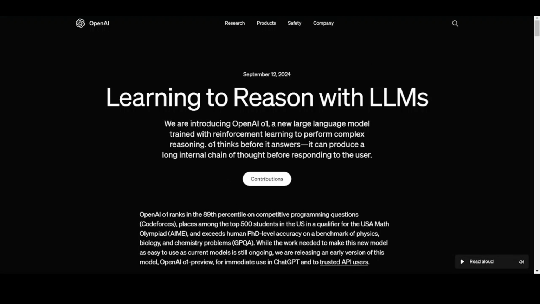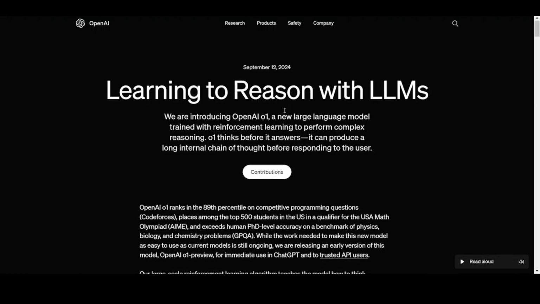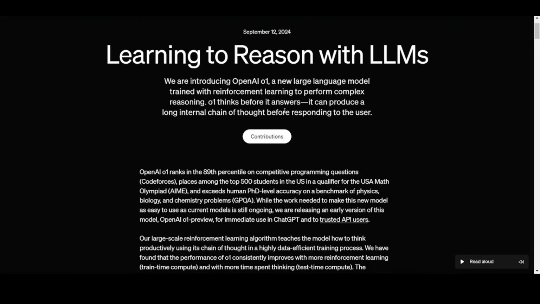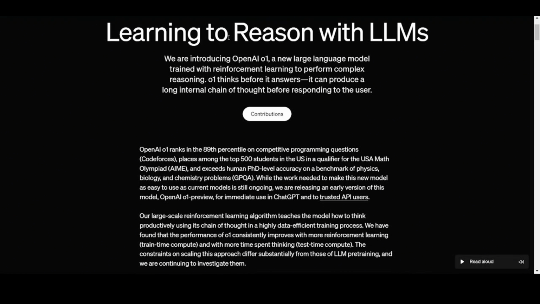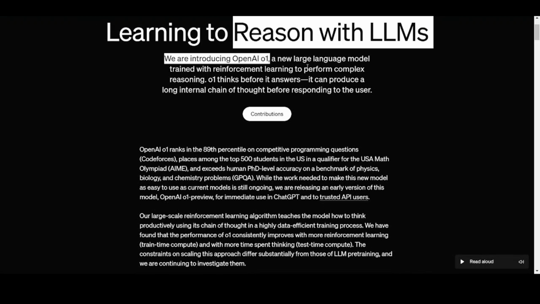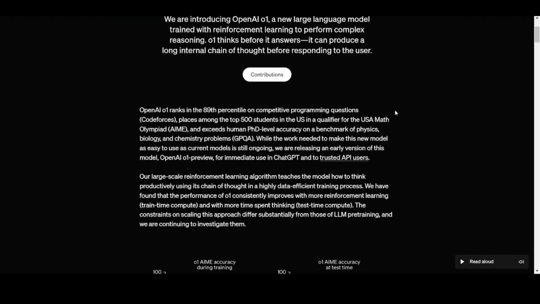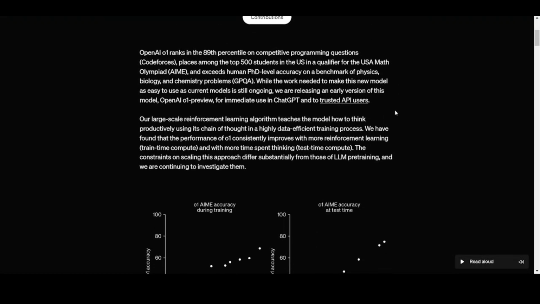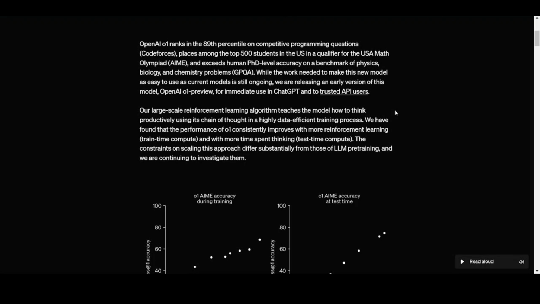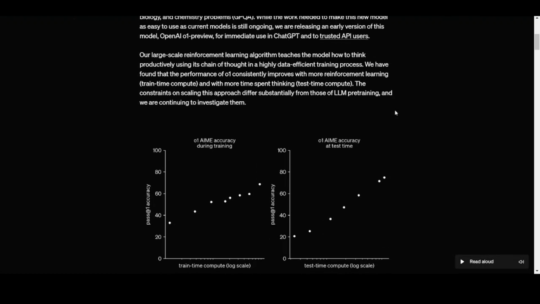OpenAI has introduced the much-awaited strawberry model we have all been waiting for. OpenAI O1 is a new large language model trained with reinforcement learning to perform complex reasoning. O1 thinks before it answers. It can produce a long internal chain of thought before responding to the user. The rumors were that it would take long to answer questions because it first had to think before giving out the answer. Now that it has been released, what is it like,